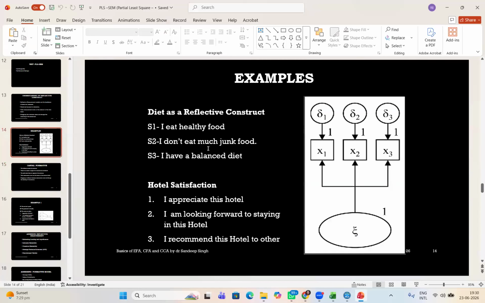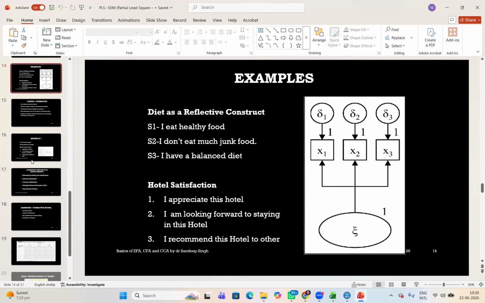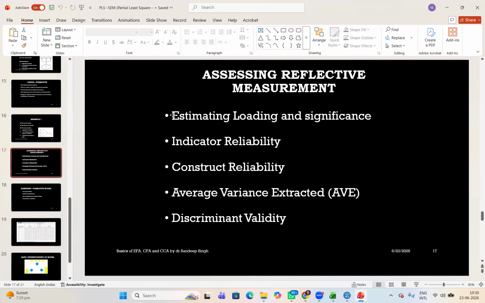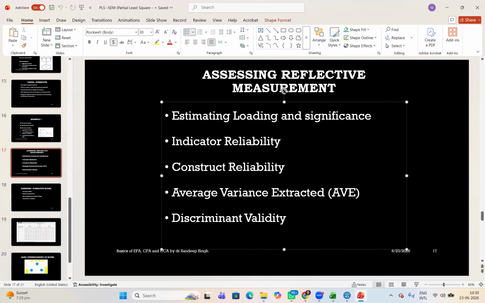So this is the reflective model. For the reflective model, we have to test these things: 1, 2, 3, 4, 5. Can anybody take a screenshot of this?